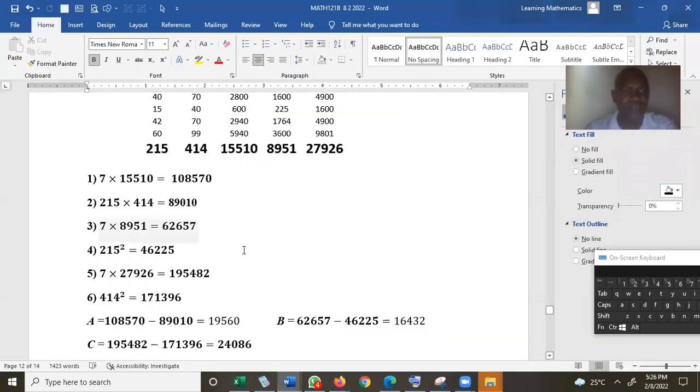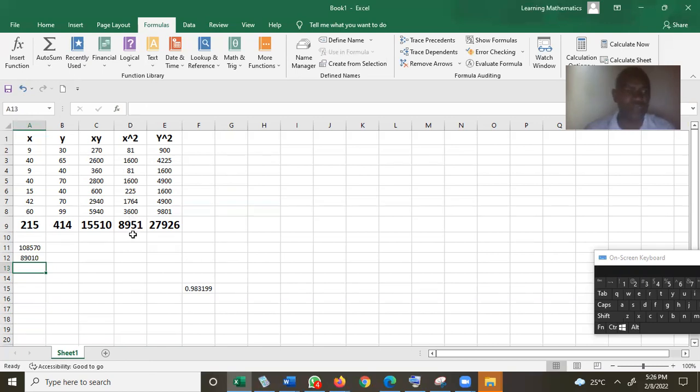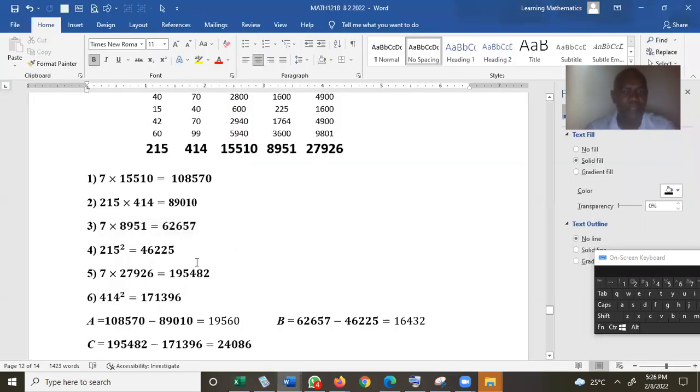89010. Okay, so now the third number is 7 times the sum of x squared. Where's the sum of x squared? Here it is. 7 times the sum of x squared is in D9. 62657. And then we're looking at the fourth number, the sum of x all squared,